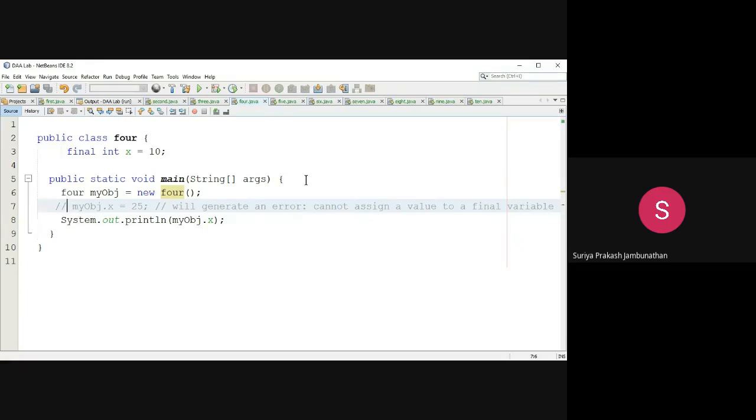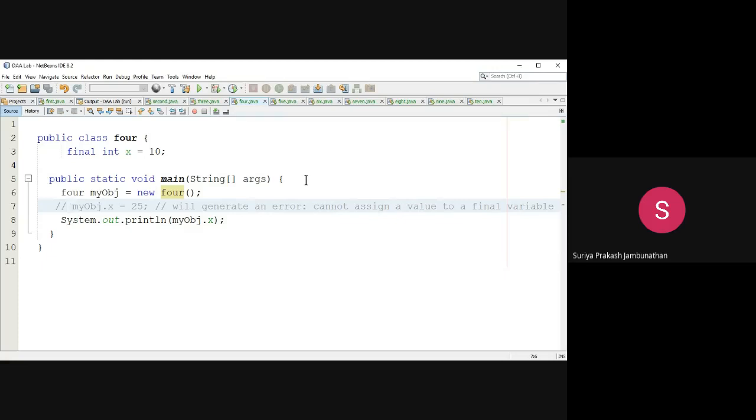So for what purpose are we using final? For example, you are making one entire program. The pi value you are going to declare as a constant value. Whatever program you are writing, if you are declaring some constant values, you can use final. In my example, I am declaring the pi value as a final value, final float pi equal to 3.14. Further in the entire program, the pi value will not be modified anywhere. Whenever you use pi, it will be 3.14 only. If I try to modify pi as 8.67, it will show an error. Did you get my point?